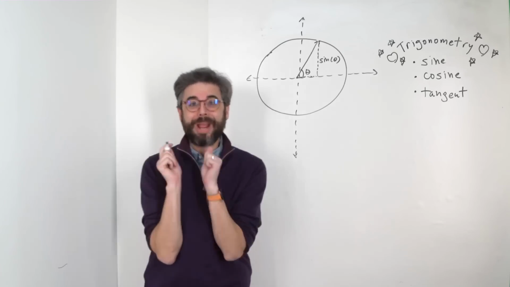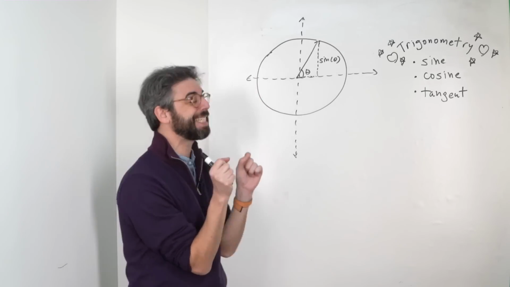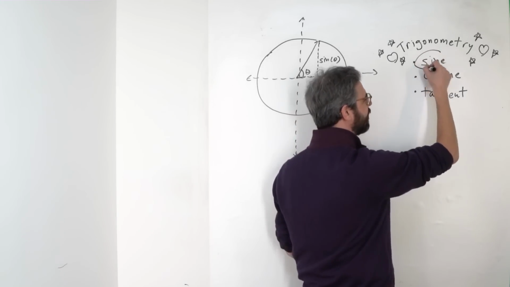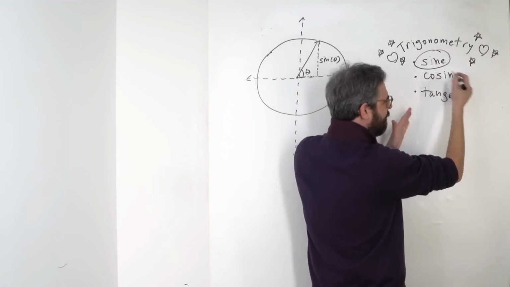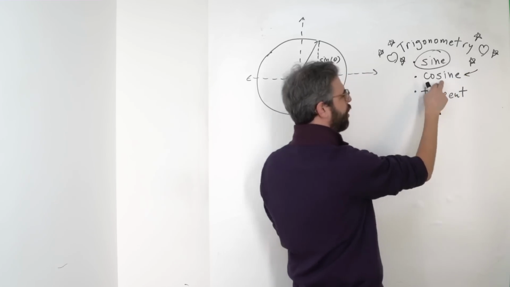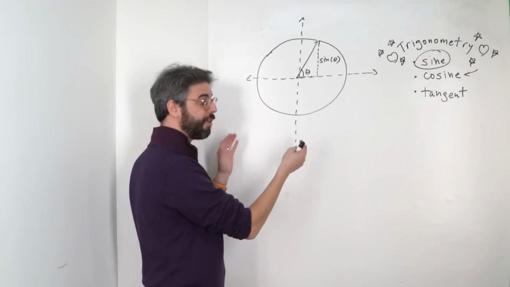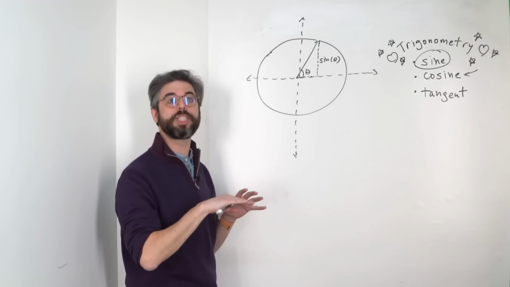Here I am back at the whiteboard. I'm very excited about this because in this video, I want to look quite a bit more closely at the sine function itself. And everything I'm talking about for the sine function could be said of the cosine function as well. I want to understand why it is that the sine function, when graphed, results in a wave pattern.